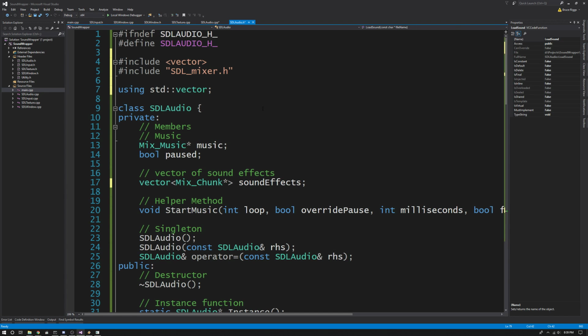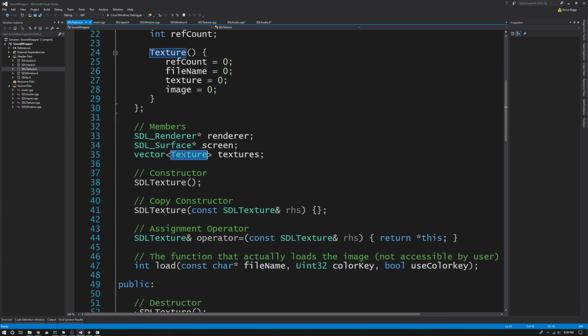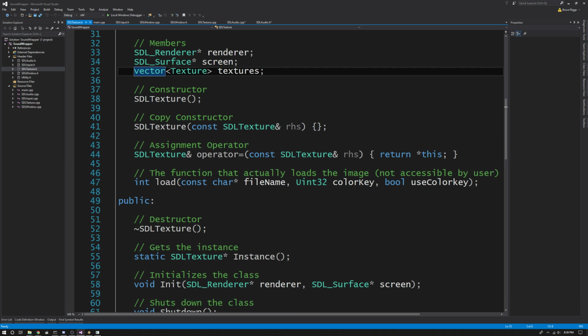That makes me think. What else can I maybe store? Mix chunk. Its file name and its reference count, maybe? Sorry guys, give me a second, I'm thinking about this. I might change this to be more like my texture manager. My texture manager's got like a hash map. Oh, or not. Thought it did. What's that? Maybe